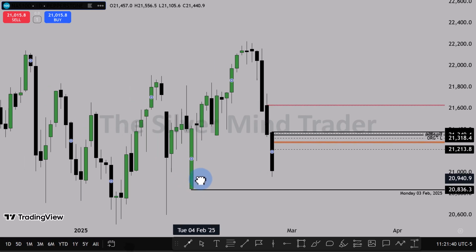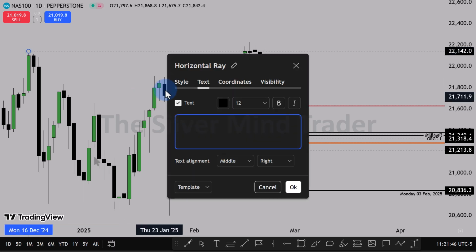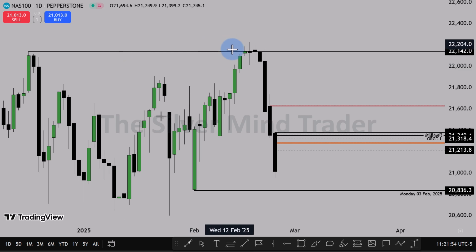Why is that? Well, we've gone up to purge this high, the buy side liquidity resting above this high here, and this run up going into this buy side liquidity from 16th of December 2024. We ran through that, then broke through. So this consecutive up close candle that went above this buy side liquidity,